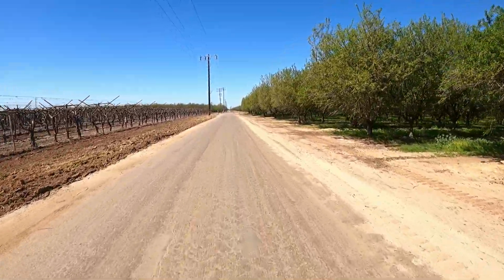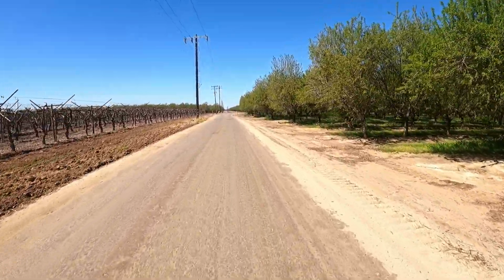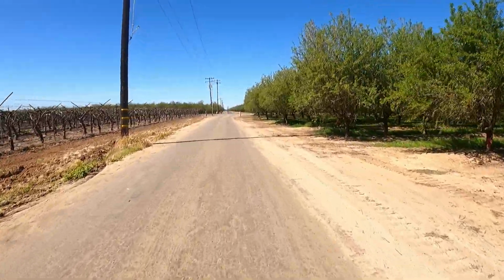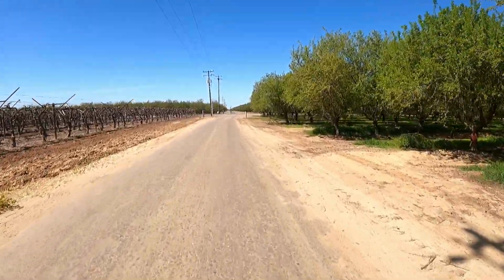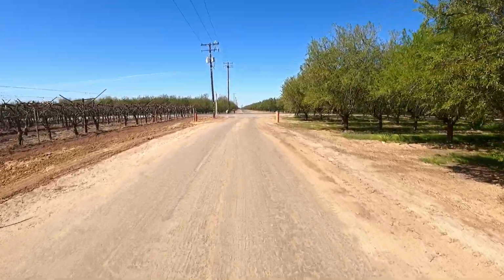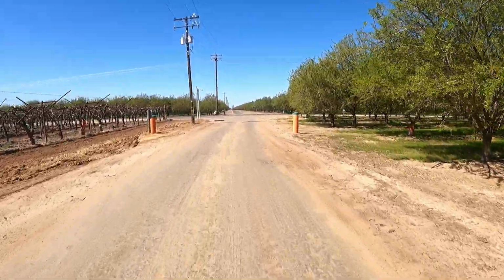As you can see, the road quality is highly variable. In a lot of places it's pretty nice, and where it's not so good, there's so little traffic that you can just use the whole road to get around potholes and stuff. I love riding through orange groves and vineyards and olive groves and...